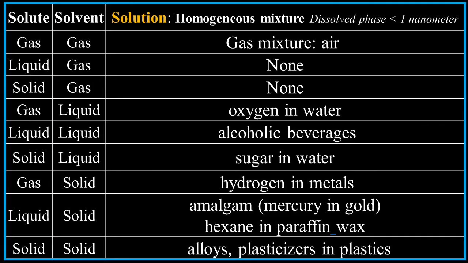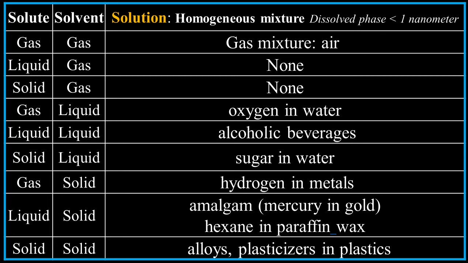Now the first table looks at solutions. We have gas in gas, which is air; liquid in gas, solid in gas, we have none here. We have gas in liquid, oxygen in water. We have liquid in liquid, alcoholic beverages; solid in liquid, sugar and water; gas in solid, hydrogen in metals; a liquid in a solid would be an amalgam, mercury, which is a liquid at room temperature, of course, in